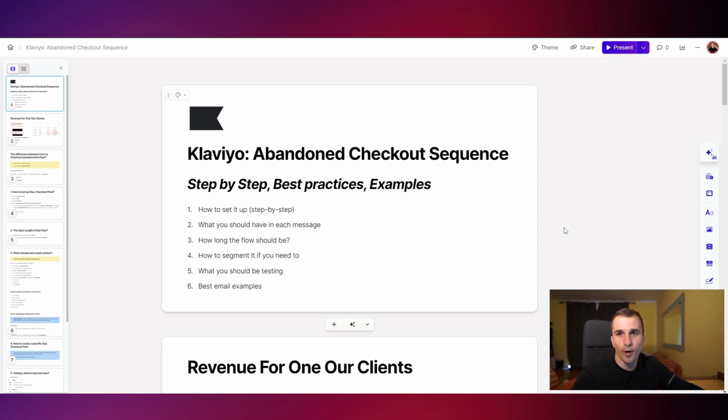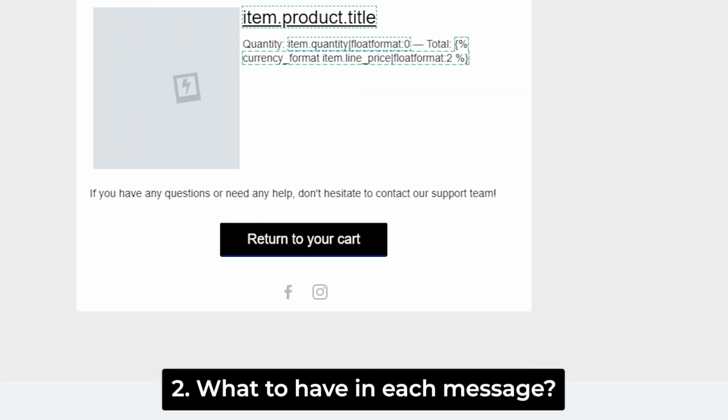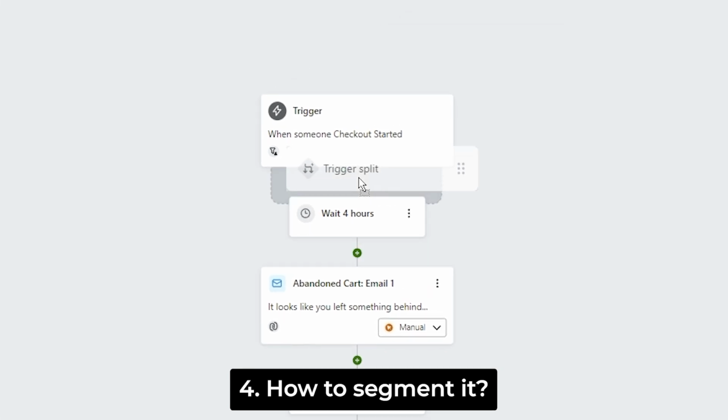Hey guys, so in this tutorial we're going to talk about one of the most important flows that you can have for your e-commerce store, and it's called the abandoned checkout flow. We're going to cover how you can set it up step by step, what you should have in each message, how long this flow should be, how to segment it if you need to segment it,